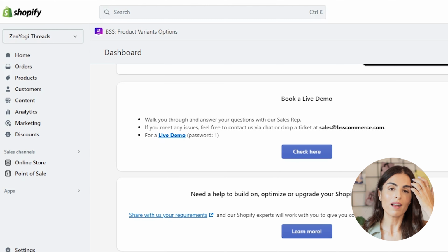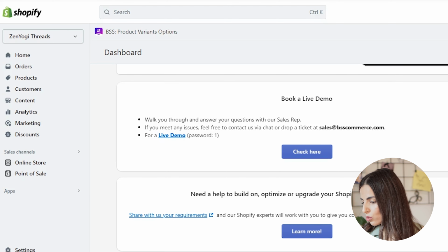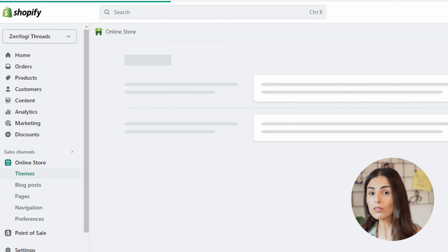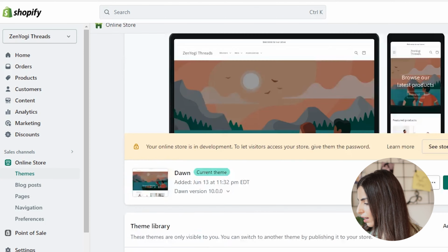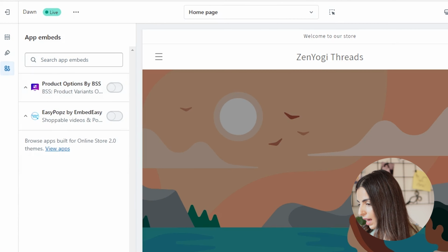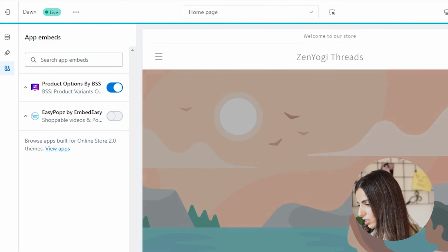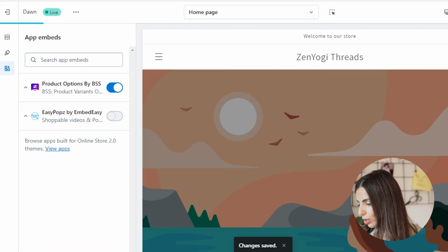version. So now that I have my options set, I need to activate them within the theme. So what I need to do is to go to online store, and I will need to go to the live theme. If the theme you are working on is not live, you can't see the options. Okay, go in here to customize, and you go in here to app embedded, and you activate this app and click on save. Then I need you to go in here to products, go to the default product, and I